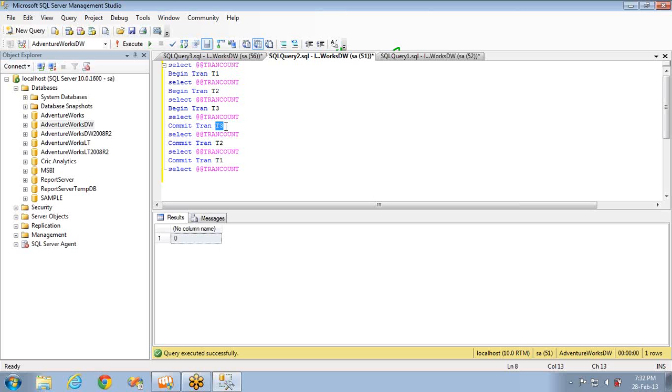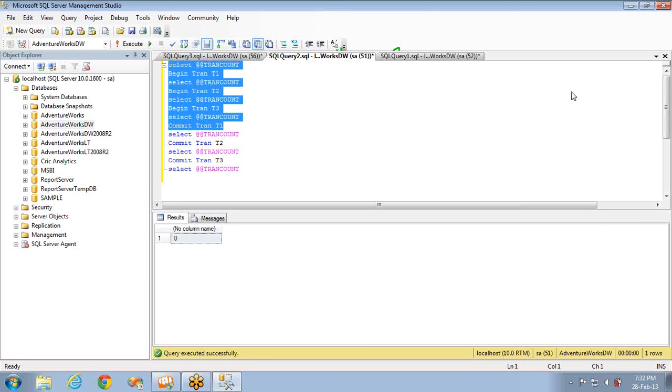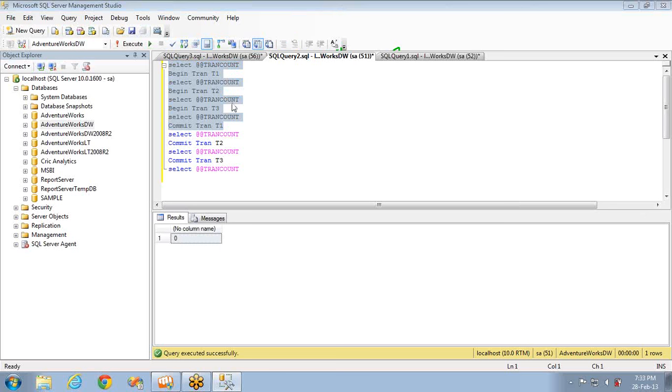So what should happen? If I commit the transaction, it commits the innermost transaction. What if I give the first one here and then the second one here and then the third one here? What will happen now? If transaction 1 has to commit, then the remaining 2 should be committed, else it cannot commit. Why? Because if it commits, that means from here to here everything is done and the full transaction will be committed. Committing T1 means it should be committed up to here. That means all the inner jobs should be completed.